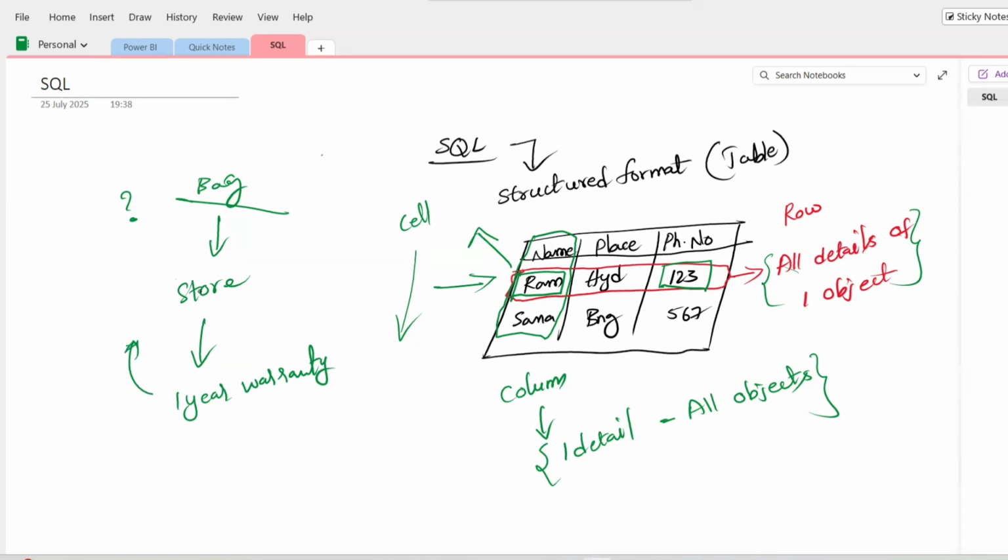How will the shopkeeper find whether you purchased that bag in the same place within 1 year,